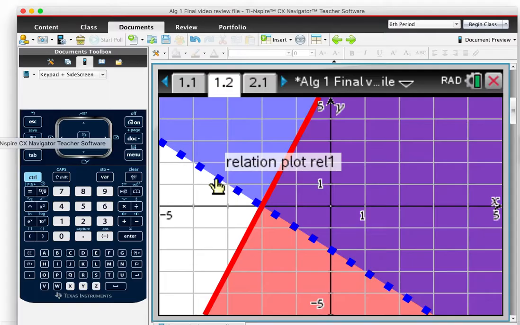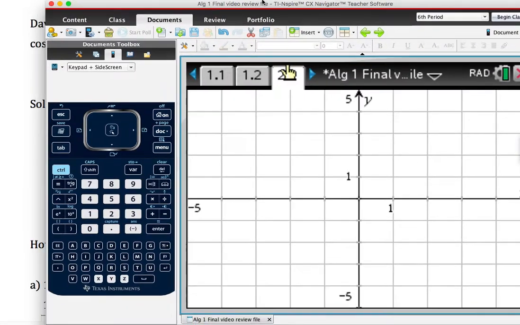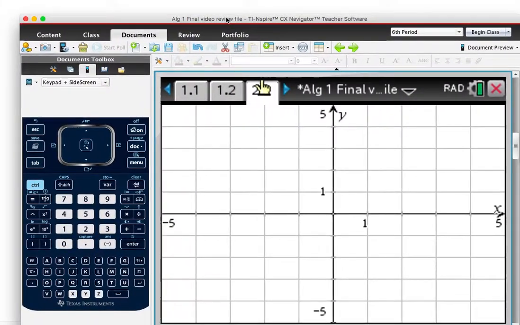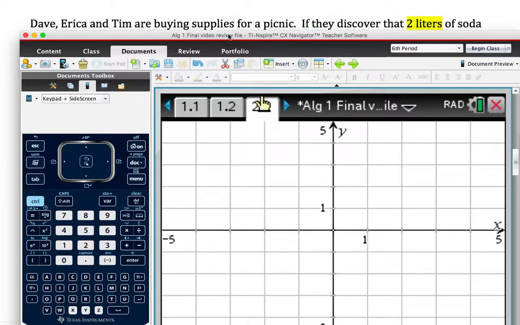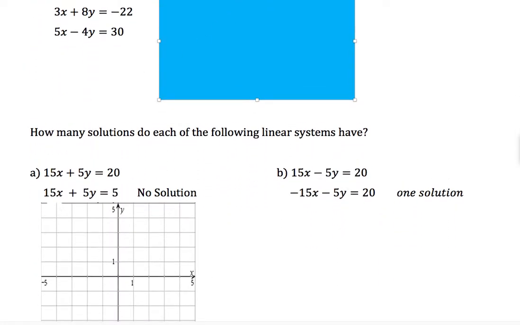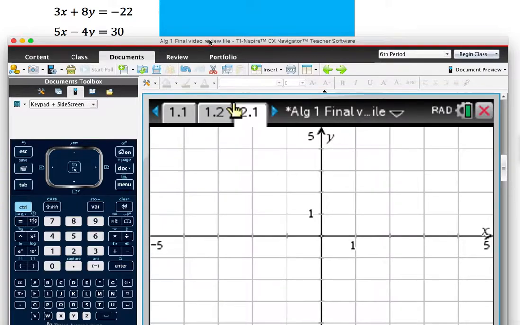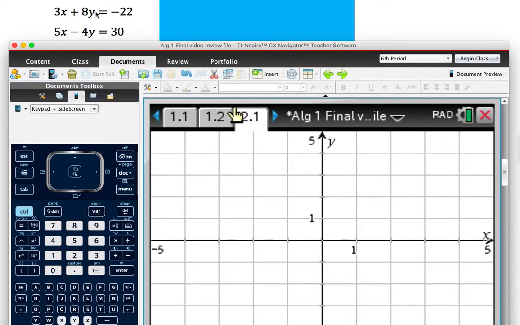I can graph them on my calculator. Let's go to the next set of problems. Let me make sure I can see everything that I want to see. All right, there we go. Now I can see the equations. All right, so with this one, if you have the Inspire calculators, you can just graph these equations exactly the way you see them. Again, pull up a graphing screen,